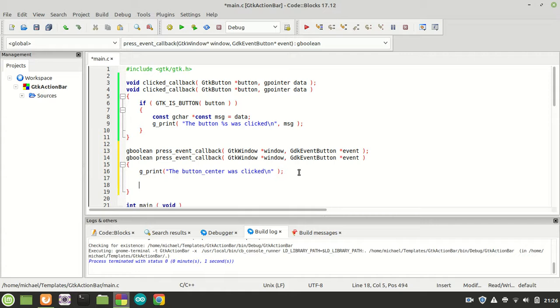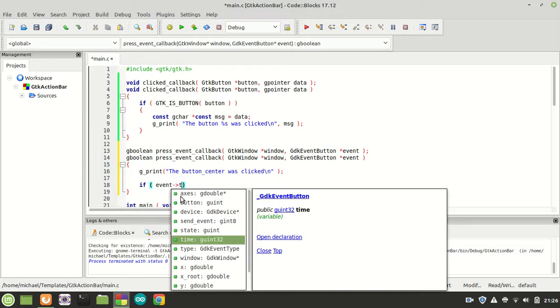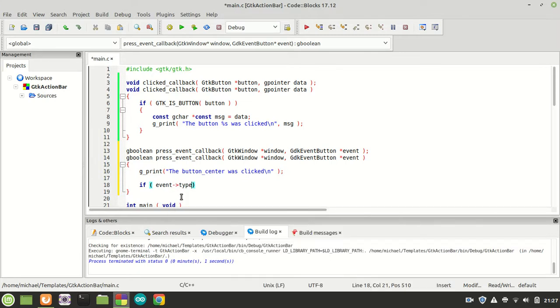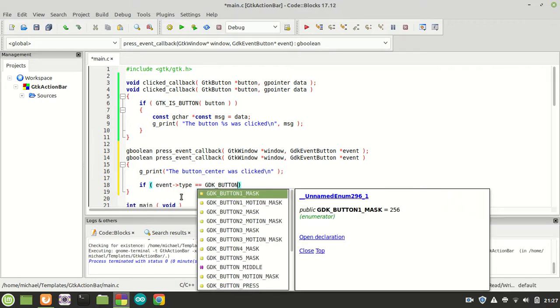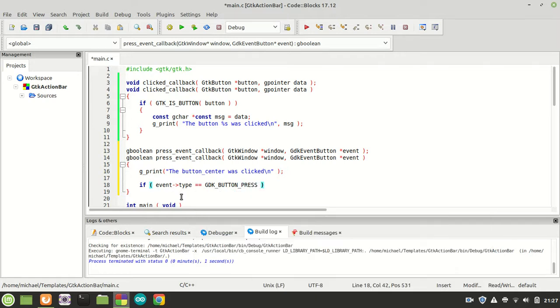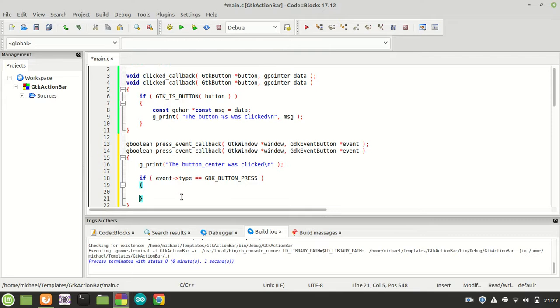So I'm going to say now, if the event type, whoa, too much E. We need to find the type of the event, and for this it's equal to GDK_BUTTON_PRESS. So if the event type is a button press event, this is what I'm interested in finding out. Then we are going to check again if